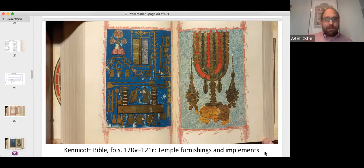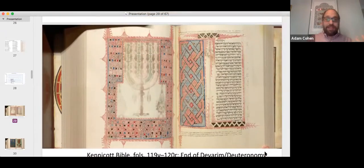And there are people, Shulamit Latterman, I see is here. She has written so much more cogently about the menorah and the way that pictures like this in a whole host of Iberian Bibles represent the idea that the Tanakh is a Miktashaya. So I don't need to spend any time on the menorah. I don't know any other examples where the artist has worked so hard to create this visual experience where